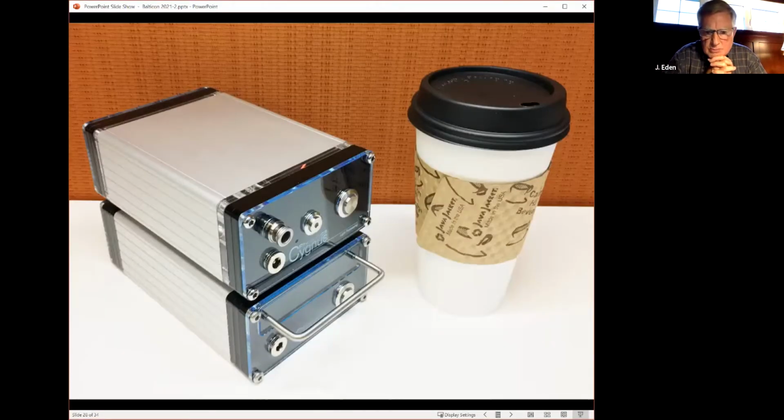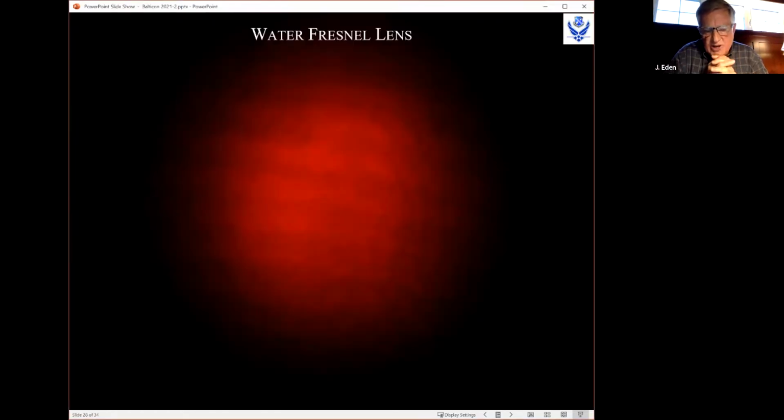Okay, this is a photo of the units in which we do this. We're trying to make this technology as useful as 3D printing. 3D printing 20 years ago was very expensive. Machines would cost several $100,000, and today 3D printers are, as you know, being used for a wide variety of things. These units are very small, the size of a coffee cup. Okay, enough about that. Let's go to the next slide.